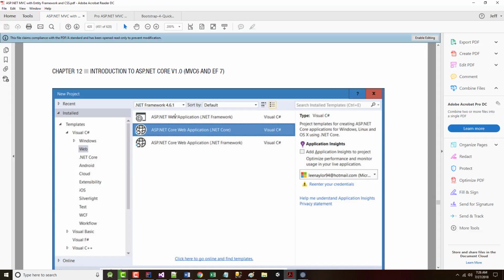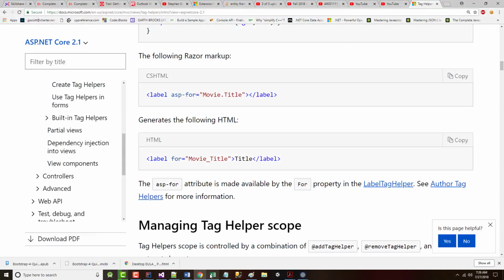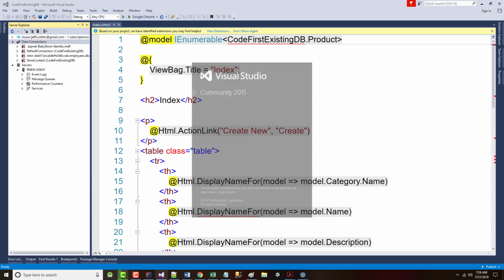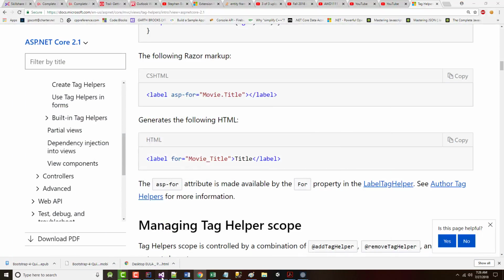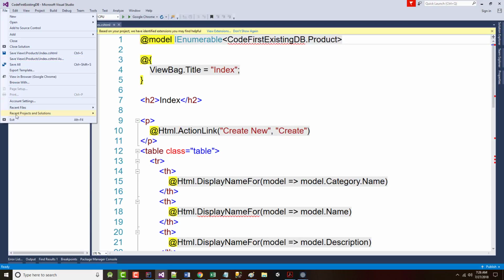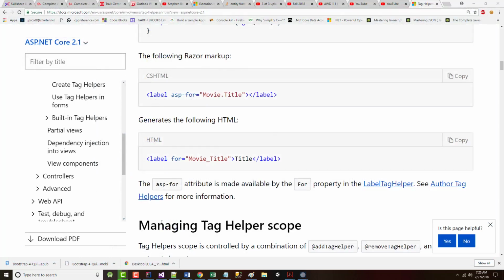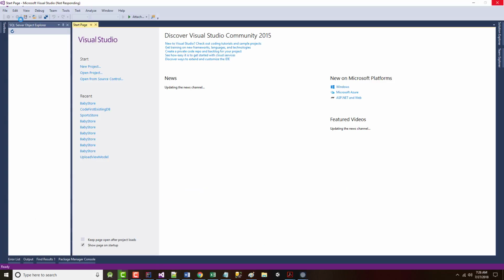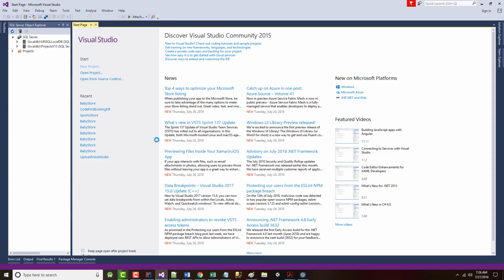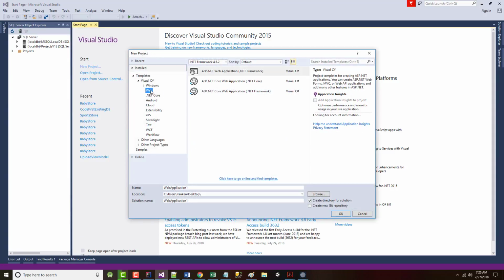Okay, we did ASP.NET web application. Notice if I come in here and I create a new instance of Visual Studio here. Let's do a file. In fact, let's just exit so we're sure we're starting brand new. All right, so we'll start up Visual Studio. And if I do a file, new project, and I go into my C# web,